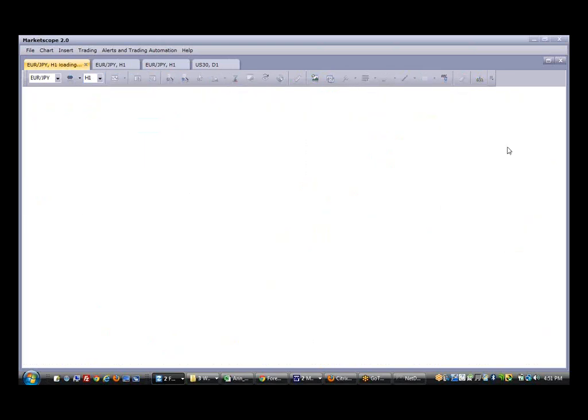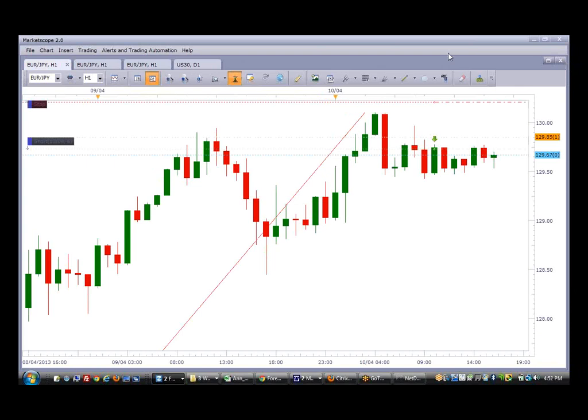Okay, let's look at the 1-hour chart. These highs right here are lower compared to this high. So it's also consolidating between these two price areas right here. Not much action happening, just going up and down between these two levels.